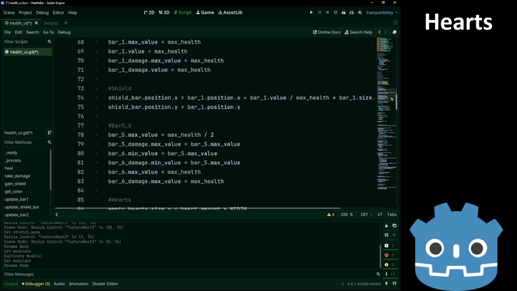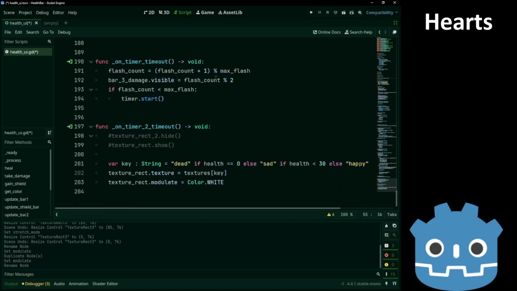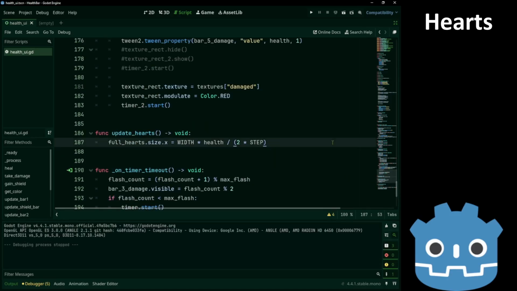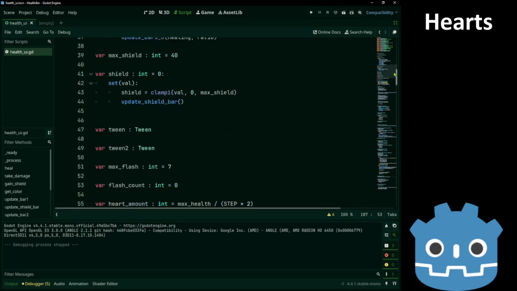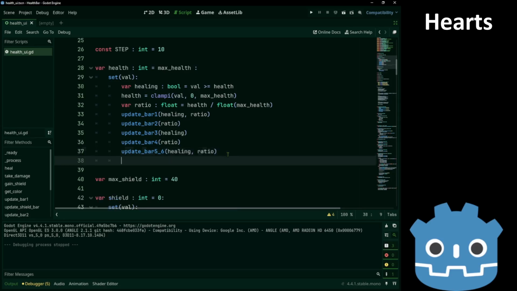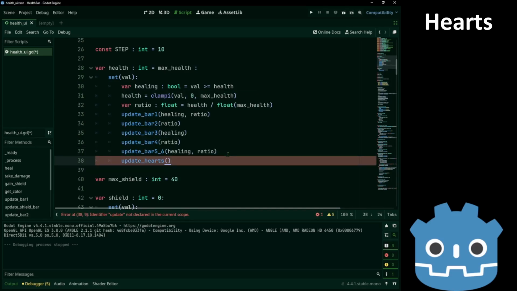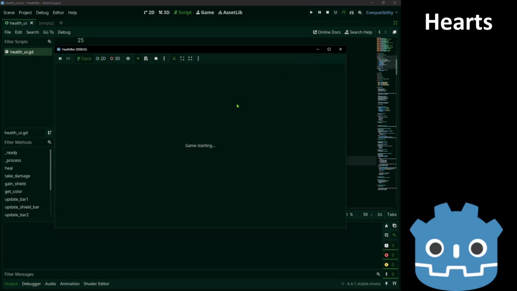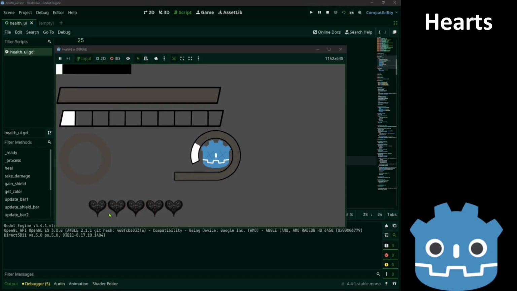This is just like before with the heart amount, but instead of max health, now we use the current health. We have to go back to our set function on the health and update the hearts. Okay.